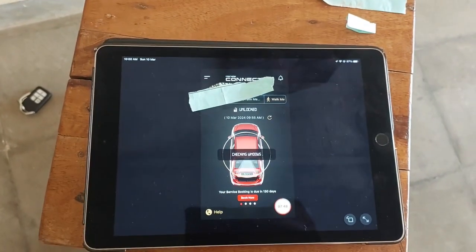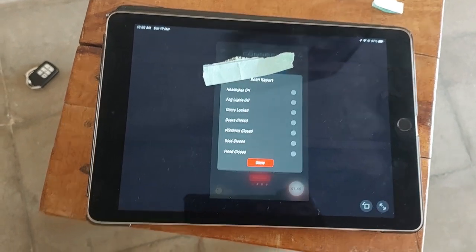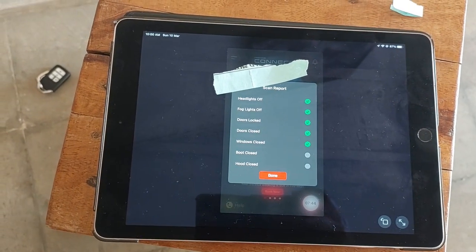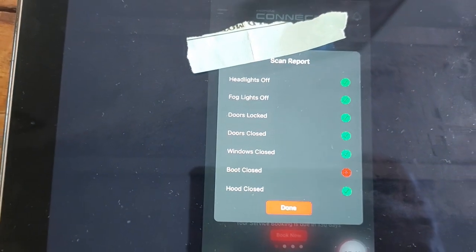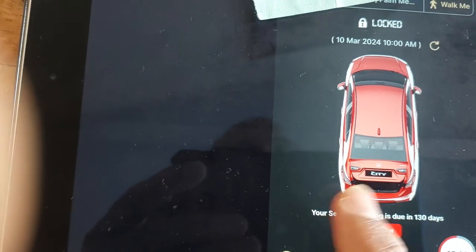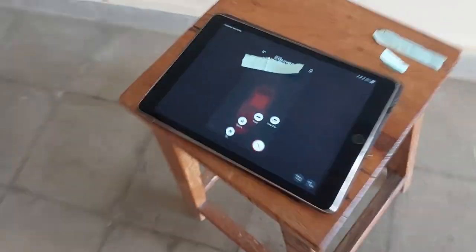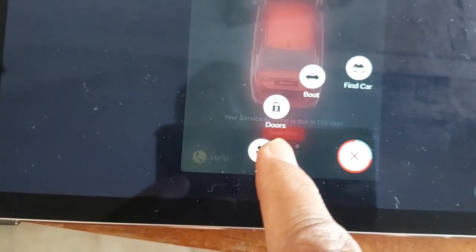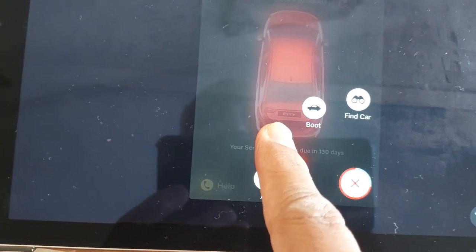In the status, I have left the boot opened. So in this report it will show me that the boot is not closed. Okay, and so when I now go here, you will notice that it shows the boot icon here as open. So that's the way that works. One more thing I think I can show you is, let's quickly reopen the